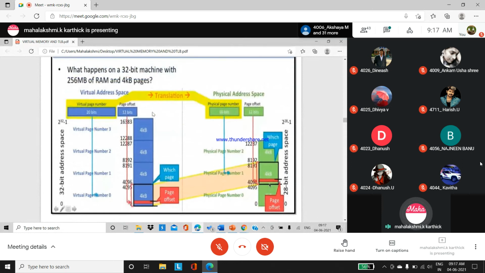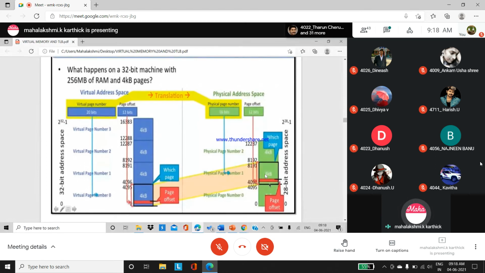So 0 and 4 KB you represent. See, virtual page numbers start from 1, 2, 3, 4, and it goes on. This is how they represent from 0 to 32-bit representation: 20-bit for page number and 12-bit for offset value. Offset will be the same. So when we refer to a page, page number and offset value will be present here by default.